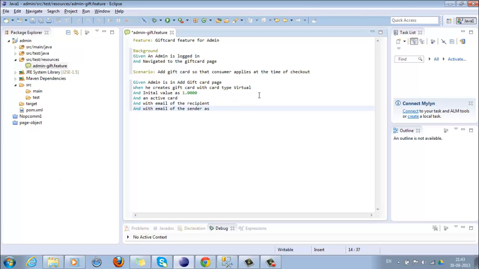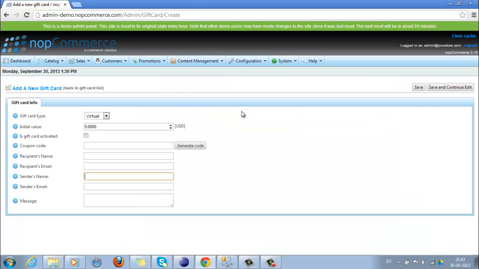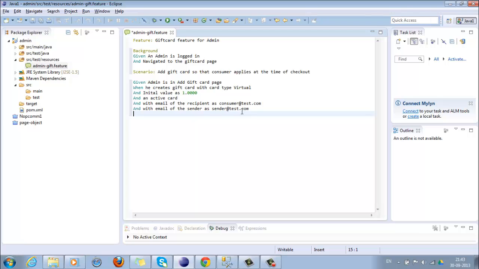So we can use recipient at test.com and sender as sender at test.com. First of all, try to have a linear test and then we can parameterize them. So this is the set of inputs that a user will give. So once we give that,